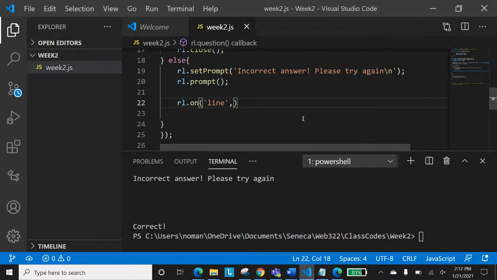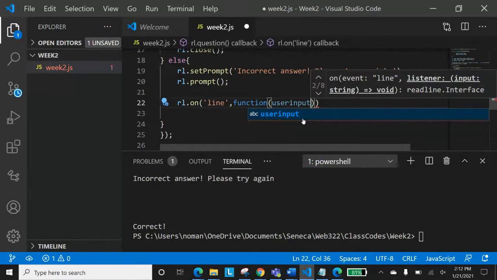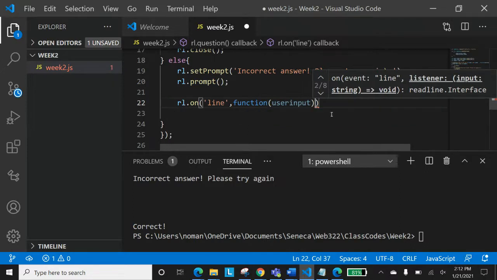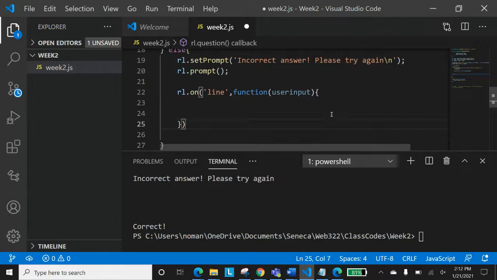Now this line, when you are listening to it, will again take a callback function, and that callback function will be taking the user input. When the user has been prompted, the user will be providing something, and we are trying to access that user input. And then after taking that user input, we will work on that. Okay, this one is this one, so I'll have to just remove that one.